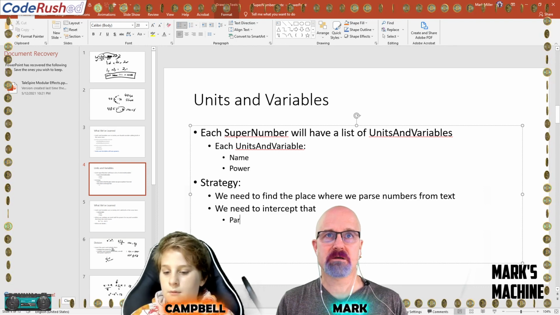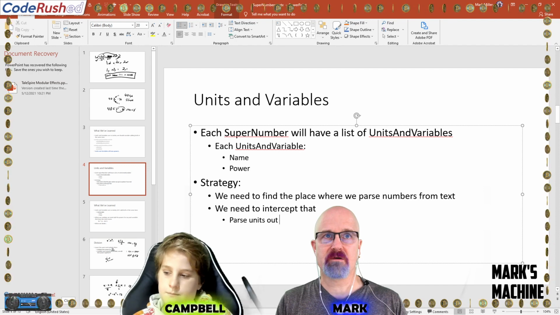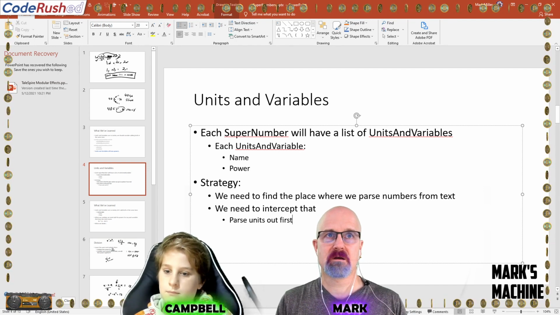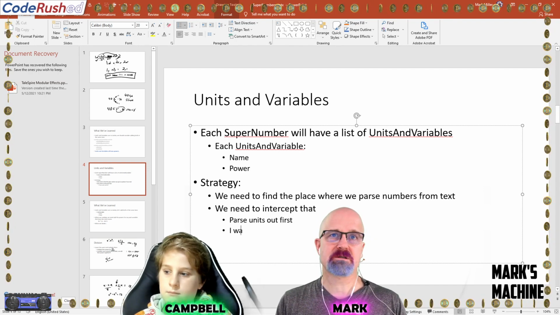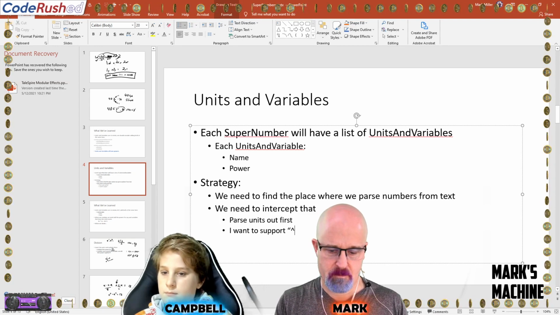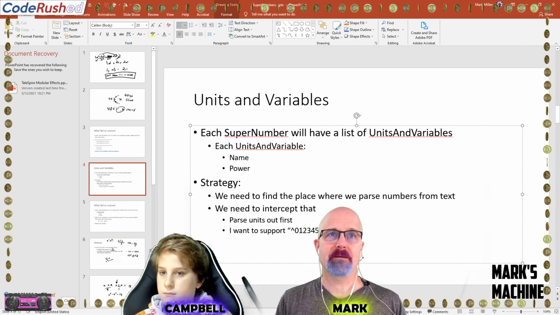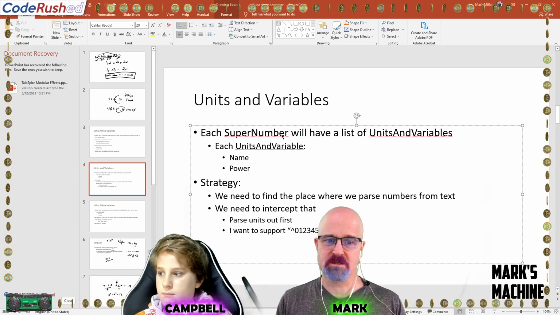And parse units out first. I want to support like that, and I want to support,